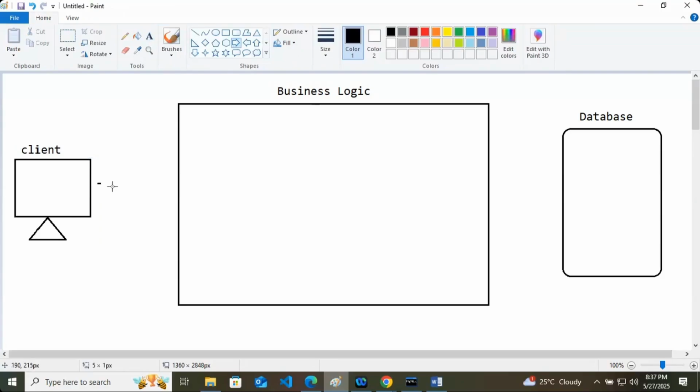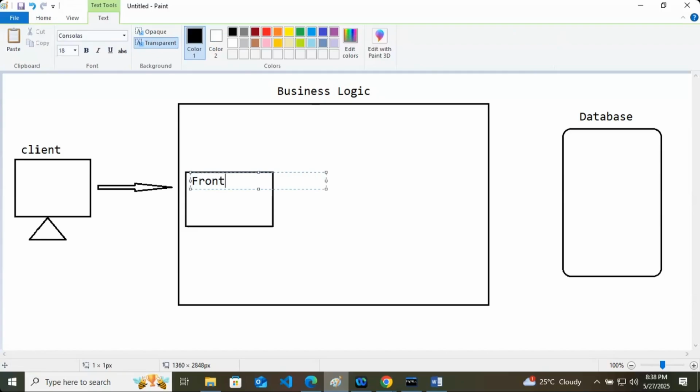So this client sent a request. At first, this request will go to someone whose name is front controller, or you can say dispatcher servlet.